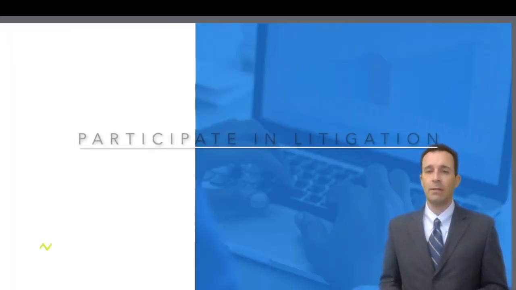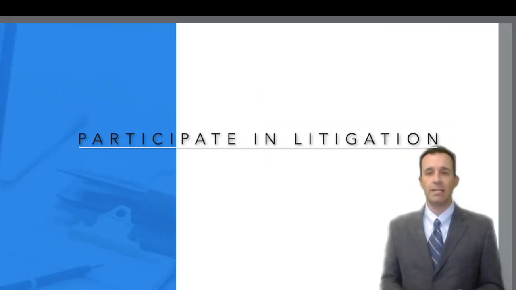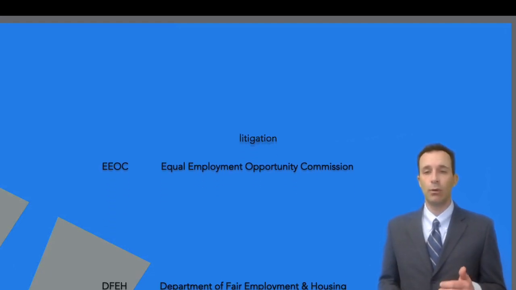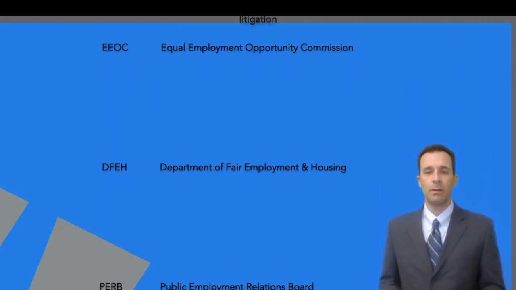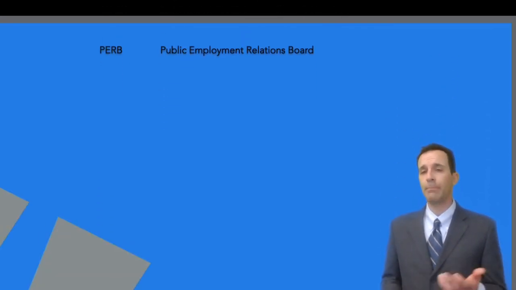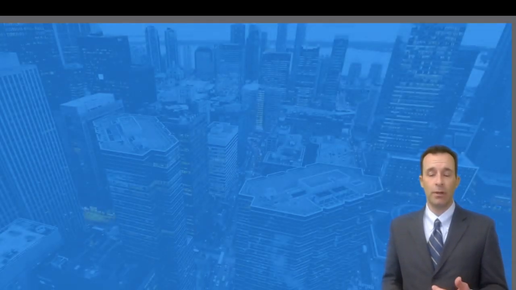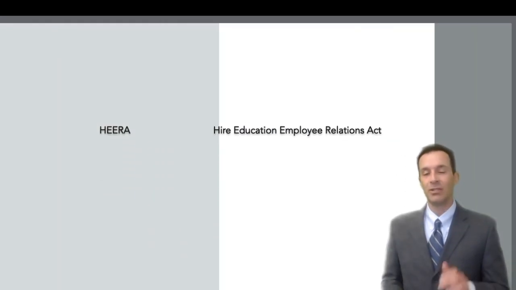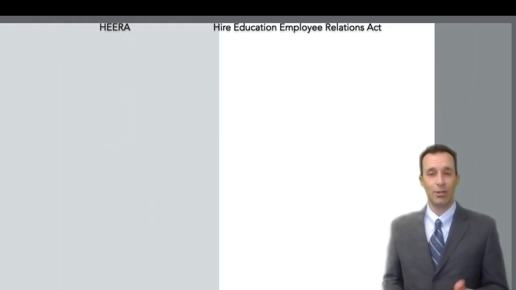The fourth area that we commonly find is the participation in administrative litigation, arbitration, and mediations as they relate to grievances or formal filings by current or former employees. Some of the areas that we deal with most frequently are the EEOC, the Equal Employment Opportunity Commission, the DFEH, the Department of Fair Employment and Housing, or PERB, the Public Employment Relations Board. That board, PERB, is responsible for administering the law that governs the relationship between a public employer and a public union under the Higher Education Employee Relations Act, otherwise known as HEERA. Generally speaking, you won't be involved with too many of those, so you don't have to worry about it too much.